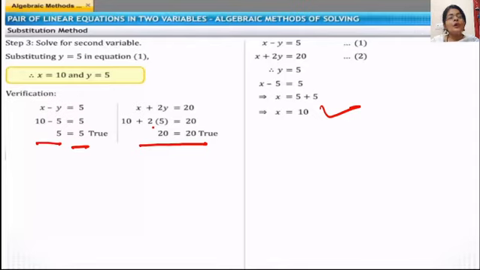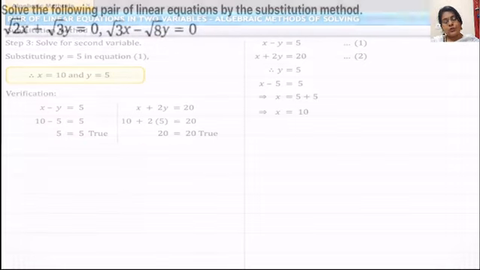So in this way, the values we have got by solving, we have put in and verified whether they are correct or not. This is our substitution method. We used to do it in our earlier classes also. We have done the same thing in the graphical method. I hope you have understood this method. Now we'll solve one question related to it.